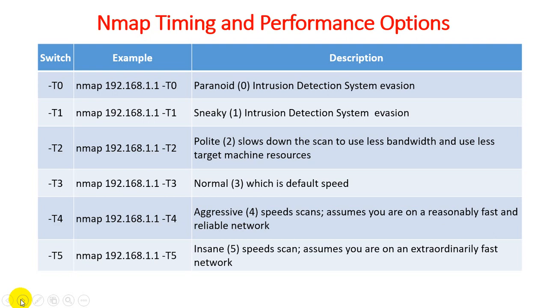As with an antivirus, we know that if you want a speed scan, at that time we are scanning a new file which is available on a computer system. If you perform the same task with the help of Nmap, you just mention T5. Assume you are on an extraordinarily fast network. So guys, those are the Nmap timing and performance options which we wanted to discuss on this slide. I hope you understand how to use them and what different options are available for different tasks. I will mention an example of how to use them, and if you use these particular options, what the actual output is.